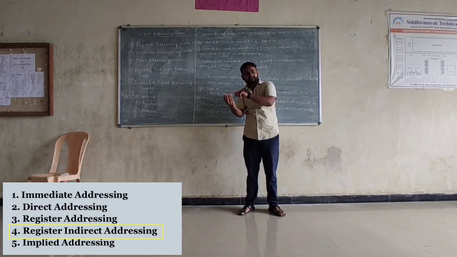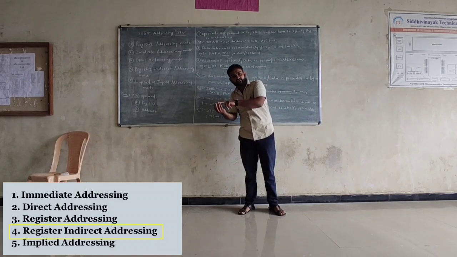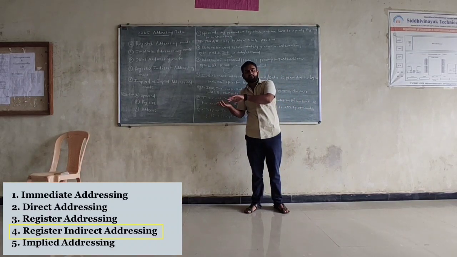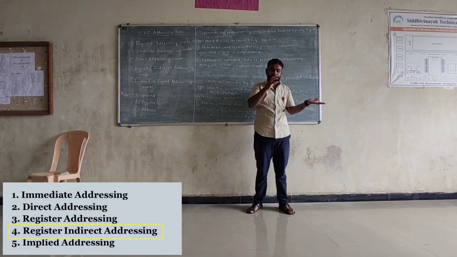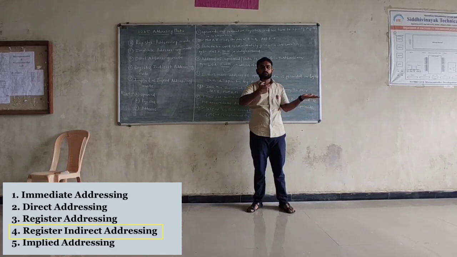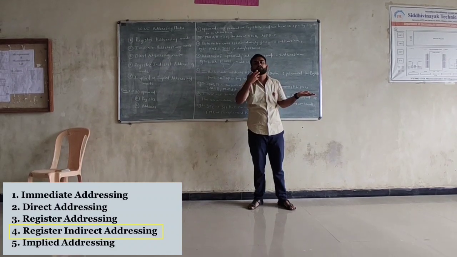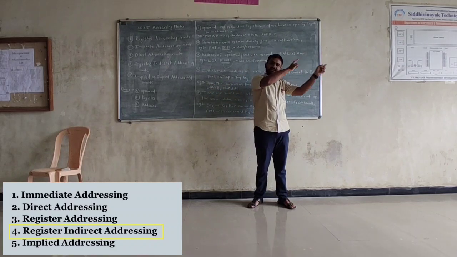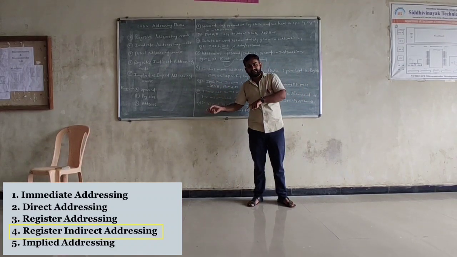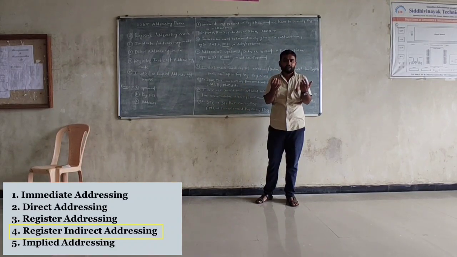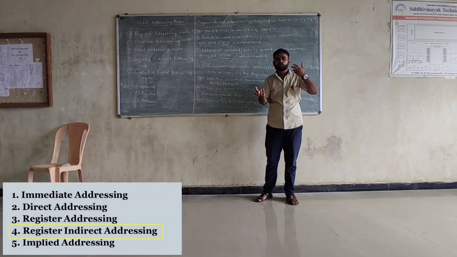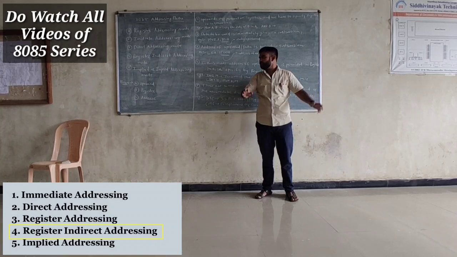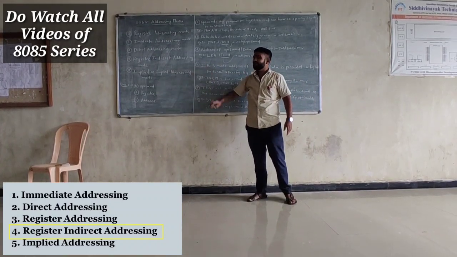So ultimately, inside the instruction, what are we specifying? We are specifying either a register pair or a register. Inside that register, we have the address of an operand. When we process that instruction, we access that register and get the address only. After getting that address from the register, we copy the data from that address and then move it to a register. It's a little bit complex but very simple. Whatever the operand is, it is stored at an address location, and the address location is stored inside your register pair. That is nothing but the register indirect addressing mode.